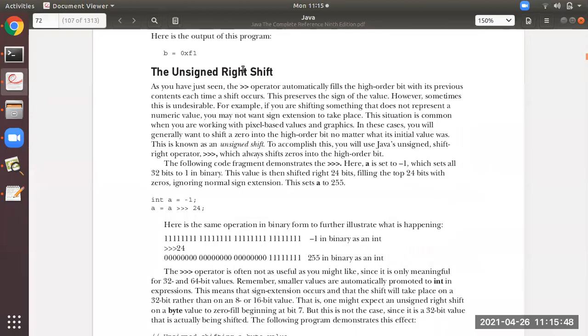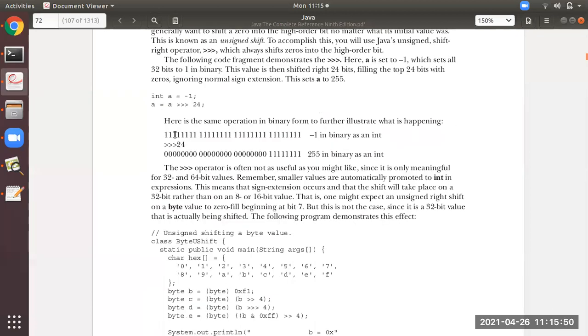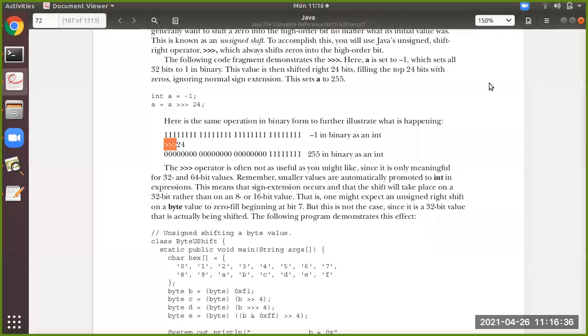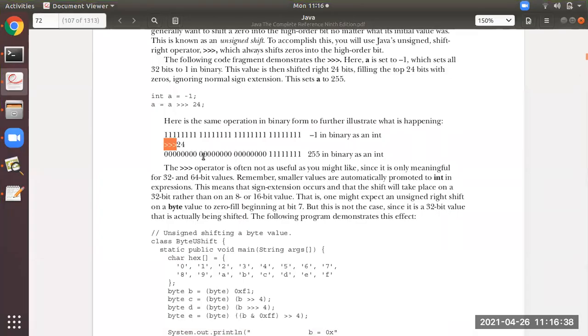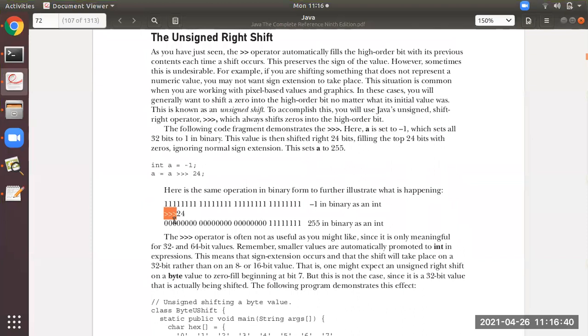But whereas in unsigned right shift, you can see over here, though over here it is 1, when you're performing right shift, it is not 1 over here, it is 0 only because of unsigned right shift. So what actually is happening in unsigned right shift is there is no preservation of the sign of the number. So I hope you all have understood. So remember, for the unsigned right shift operator, this is the symbol.